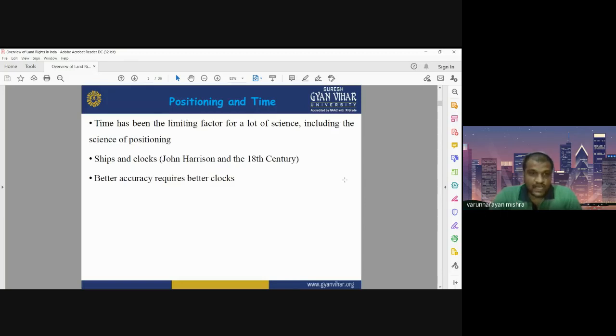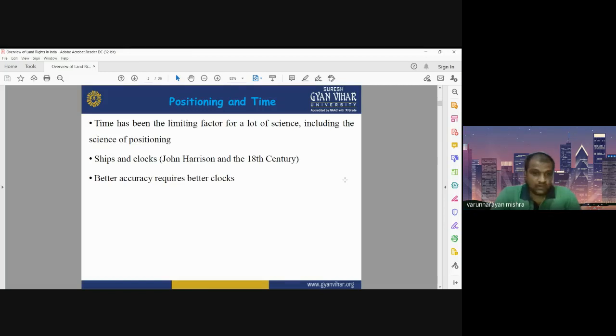Time is an important factor when we are measuring position. Time has been a limiting factor in a lot of science, a lot of measurement, and a lot of applications. So GPS provides us the positioning as well as the time. When we are navigating ships or aeroplanes, GPS is very helpful in providing navigational information, the exact location and position, and how much time it will take to reach